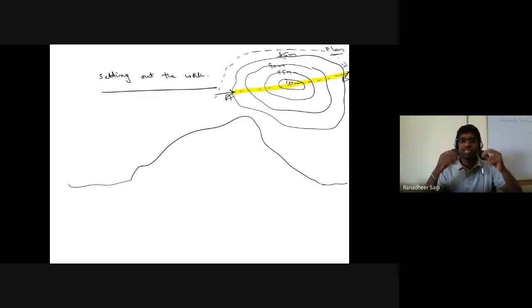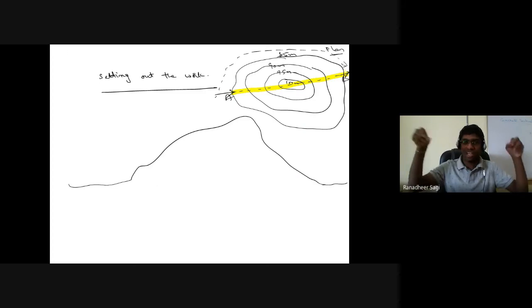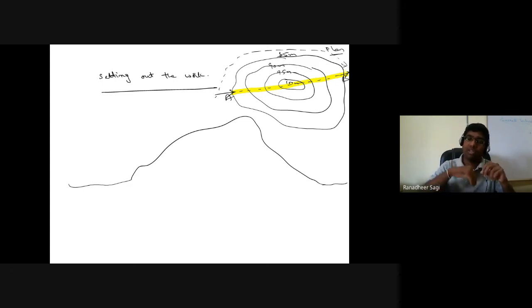From outside, yes, you might have a possibility of locating, okay, this is the position of point A, this is the position of point B. But as you start continuing your excavation, you don't know whether you are exactly going from point A to point B or point A to some other point. In the same way, you don't know whether you are going from point B to point A, or you are going from point B to some other direction.